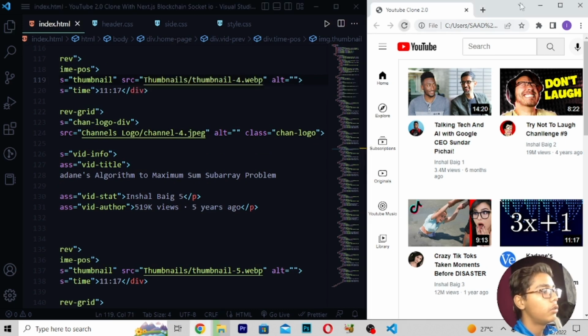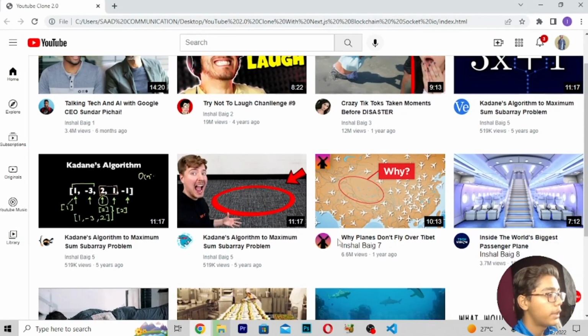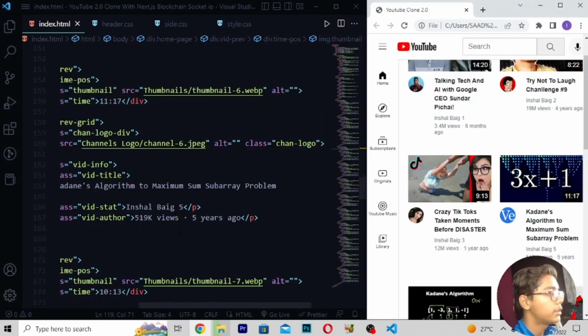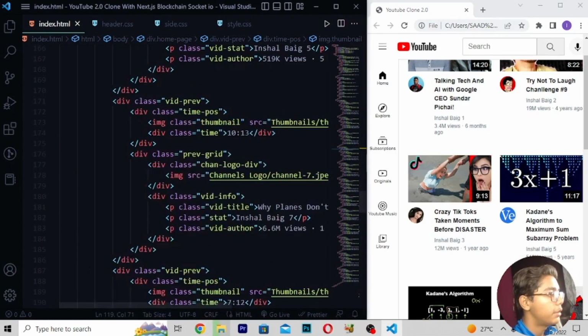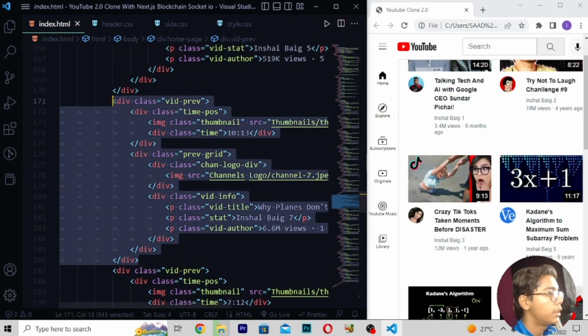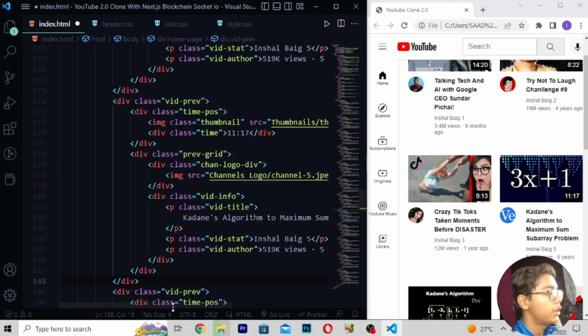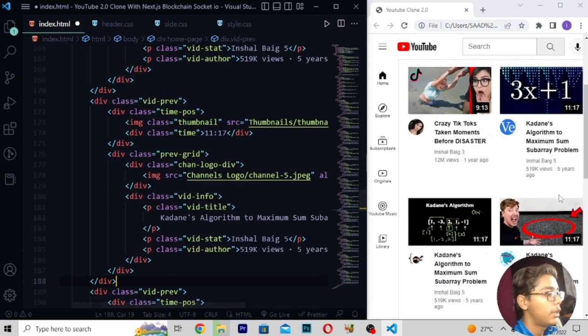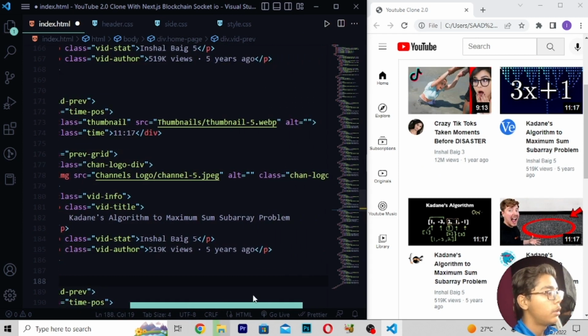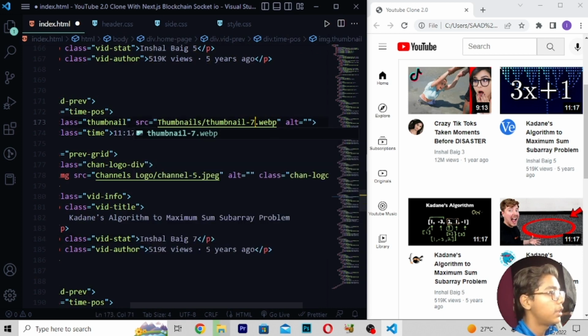Save this, then reload. Now if I show you, you can see it is perfect here. Now 7 and 8 are not looking good. So here I will be moving to the 7th one, so this is the 7th one. Then paste it again, same thing. Then when you paste this, you have to do one thing. Here I will be writing another text. Now we have to write 6, you can say 7. Then here I will be writing 7, and then simply here also 7. Then we have to change the problem here.